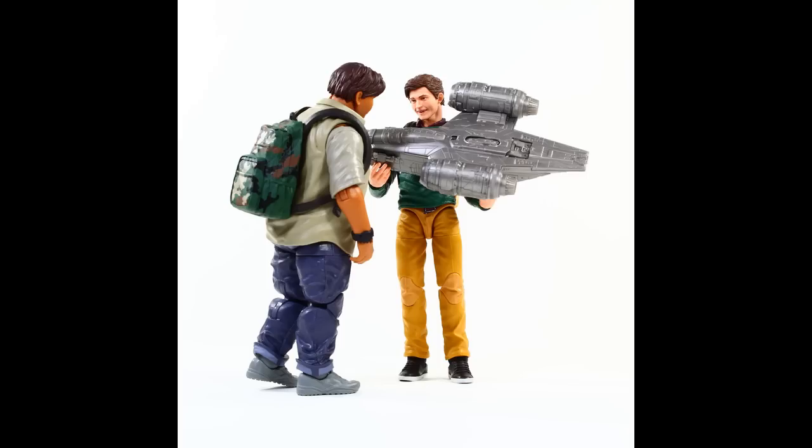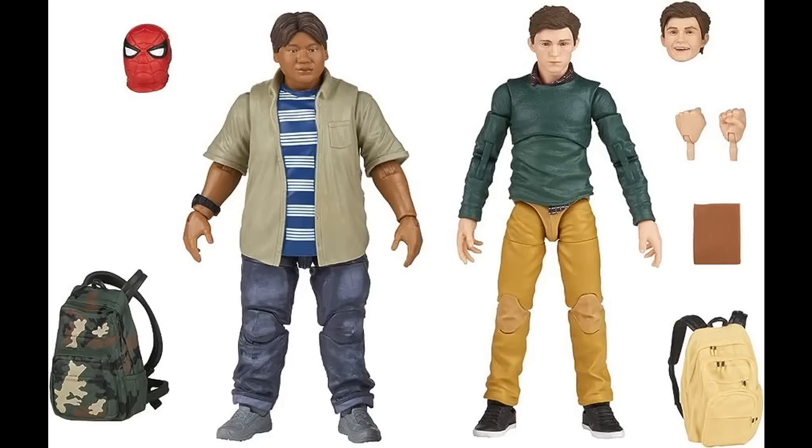While the additional smiling head sculpt for Peter is just a tad bit off, both of his head sculpts are still extremely good, the neutral sculpt being spot on. They nail Ned's likeness as well. This set could have honestly been closer to the number 1 slot with more hands and an additional Ned head